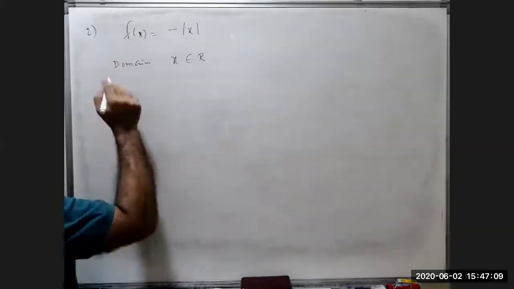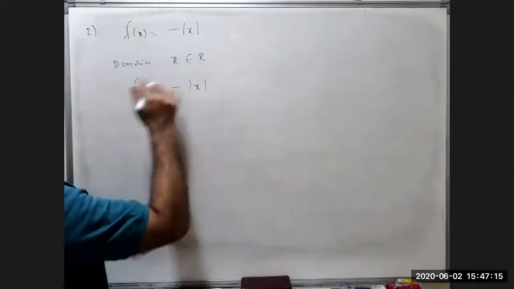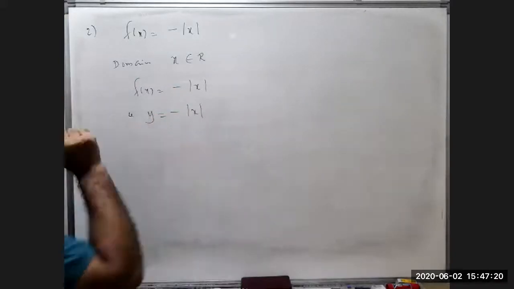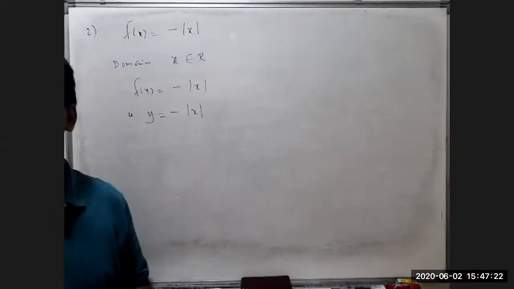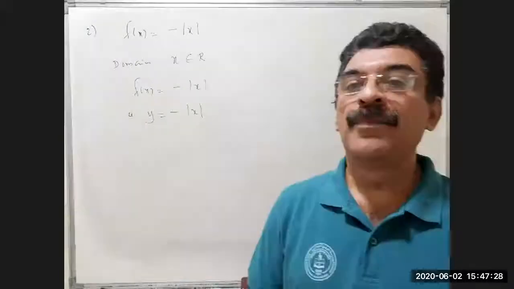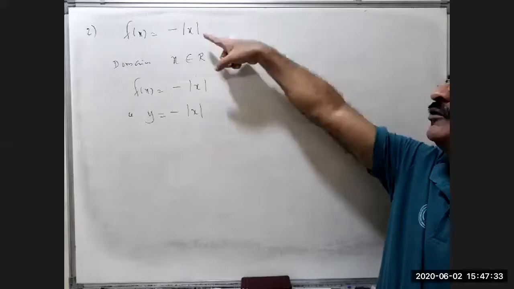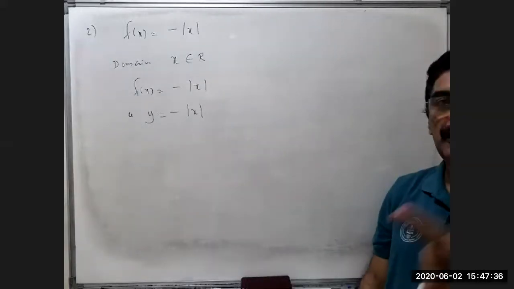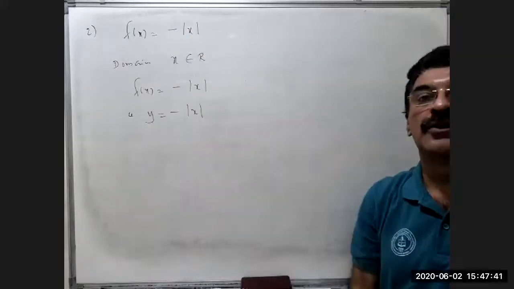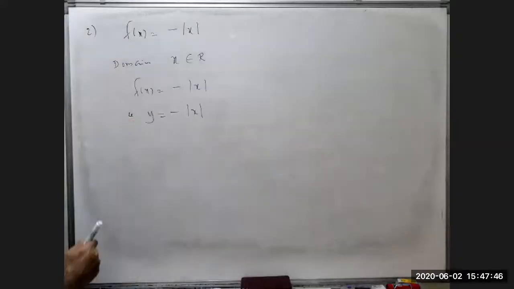Now for range, f of x, that is y is equal to this one. What about y values? Ibrahim, you said x is between brackets. It is not between brackets. It is a modulus sign. In your textbook, if it is a bracket, change it. It is a modulus sign, straight lines around x. Yes. So y is equal to minus of modulus x.